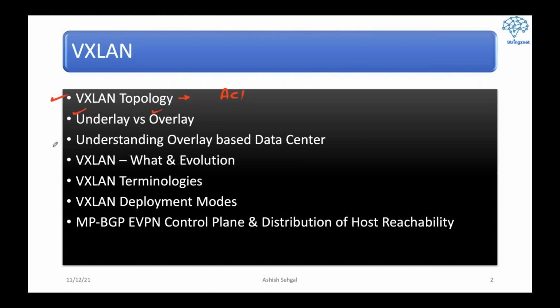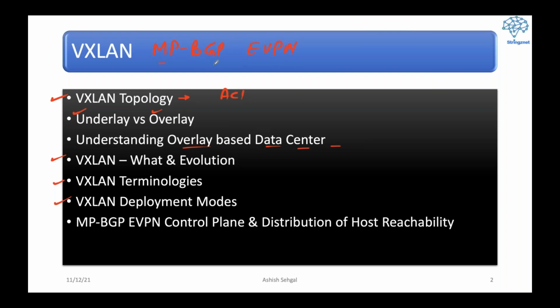We will look into what overlay based data centers are and what constitutes an overlay data center. We will look into the evolution of VXLAN, the terminologies used in VXLAN, and the various VXLAN deployment modes. And guys, let me tell you, VXLAN today is marketed as VXLAN MPBGP